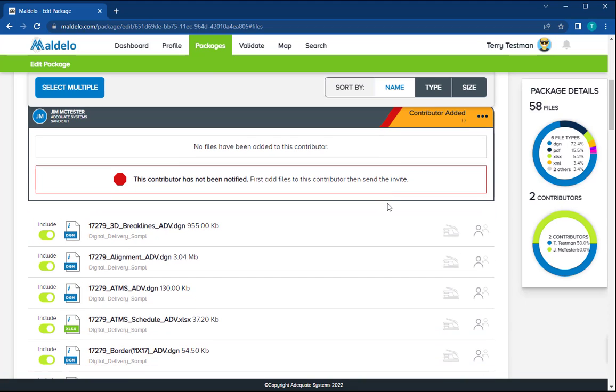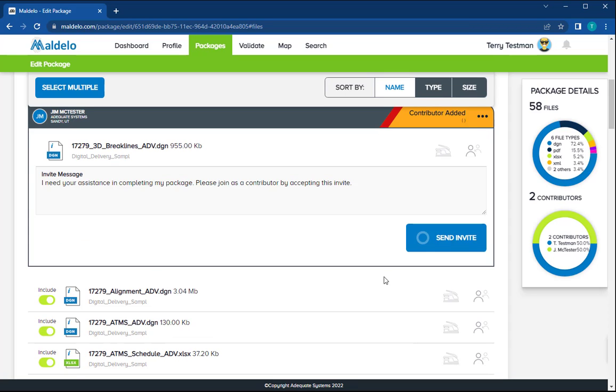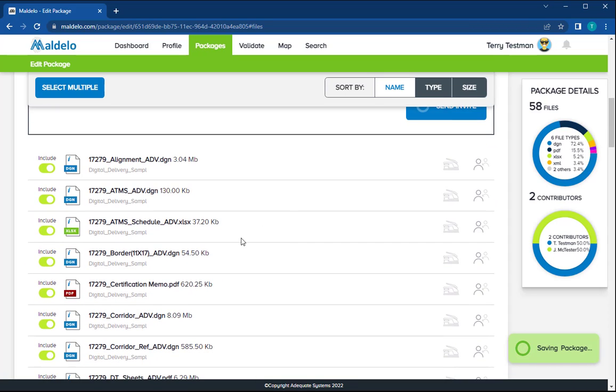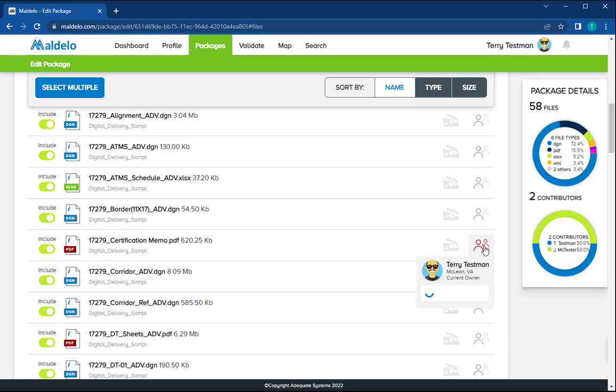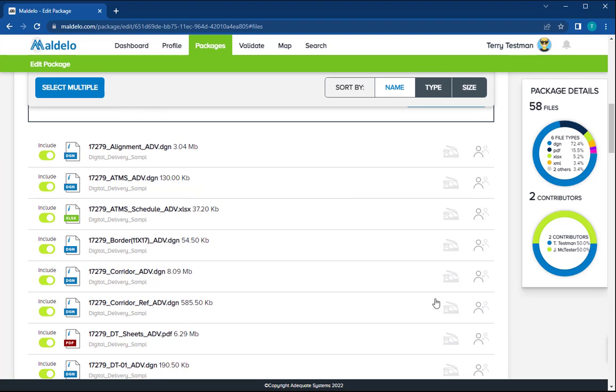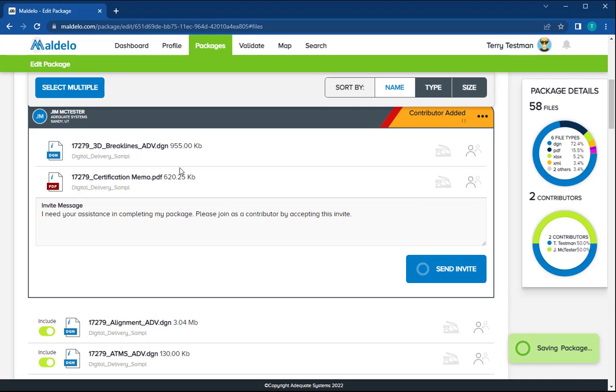And what I need to do is choose which files Jim's responsible for. So I'm going to go ahead and assign the breakline files to Jim just by hovering over this little button here. And now we've got a file. I'm going to go ahead and add this certification memo as well. So now that I've got two files that Jim's responsible for,